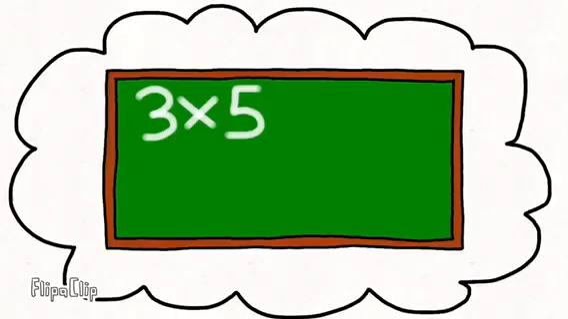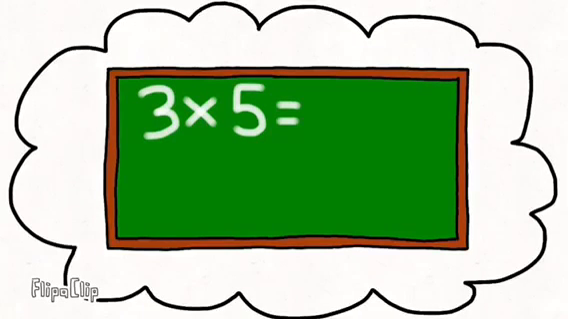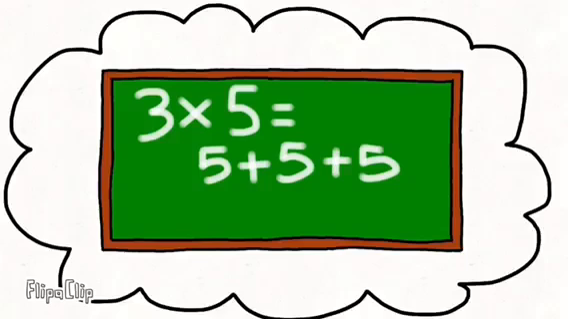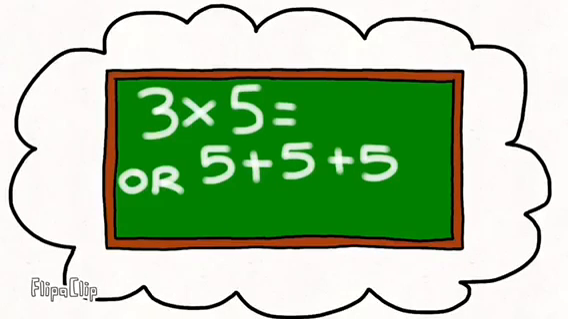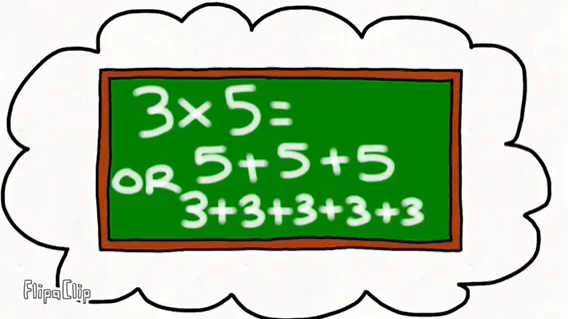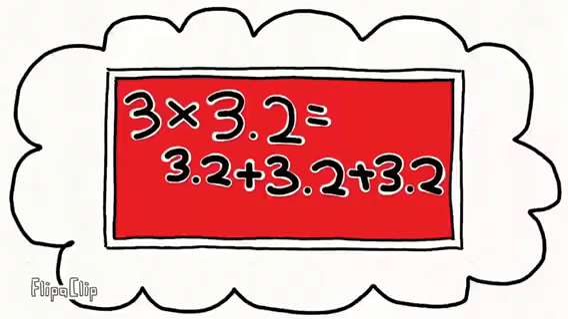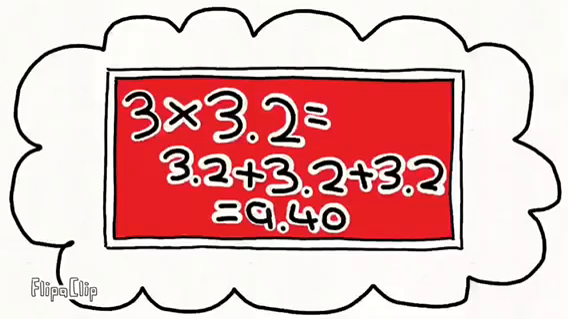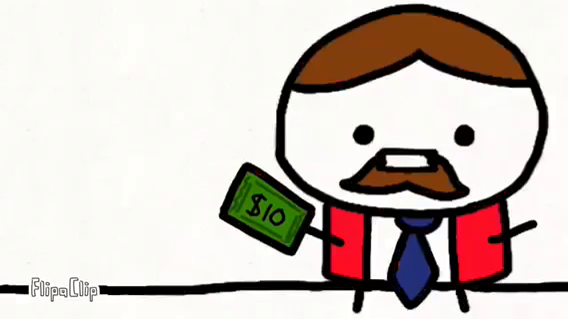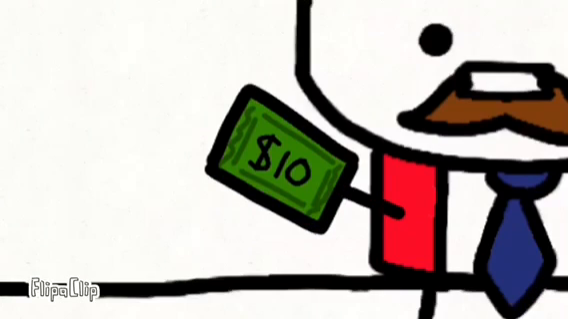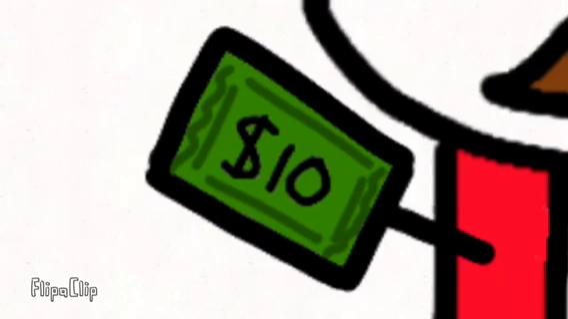3 times 5 is the same as saying 3 5s added together, or 5 3s added together. So 3 times 5 equals 5 plus 5 plus 5, or 3 plus 3 plus 3 plus 3 plus 3, which both equal 15. So 3 times 3.2 is equal to 3.2 plus 3.2 plus 3.2, which is equal to $9.60. So now, Bob must pay $9.60, and as he brought $10, he can have 40 cents left for himself